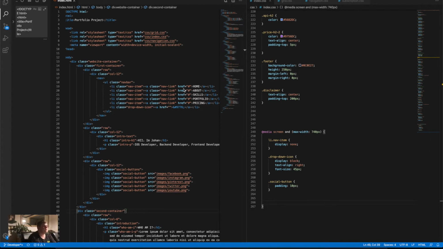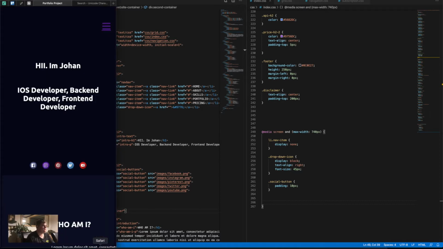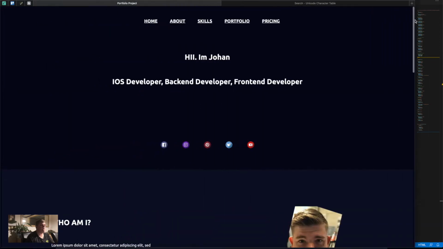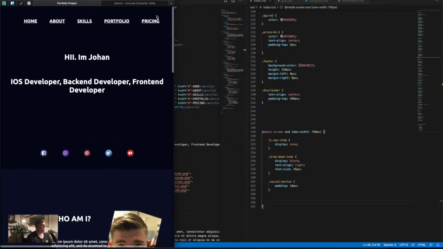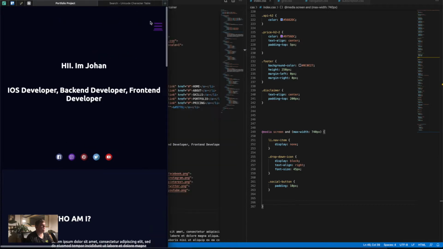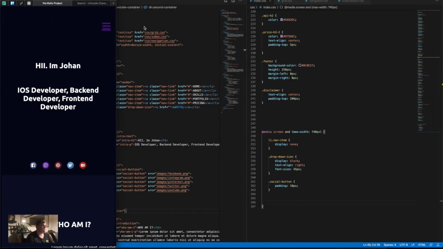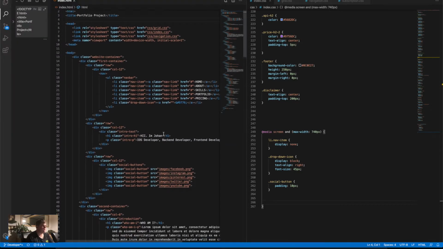In the last video we created a drop-down icon with some Unicode, and I explained to you guys how the media query works for screen, so for the display. Now we're gonna add some extra code. We're gonna create a drop-down menu. As you can see, we have here the button. When we make the screen bigger, the button disappears and there come the URLs. So we're gonna change this. First thing we're gonna do,